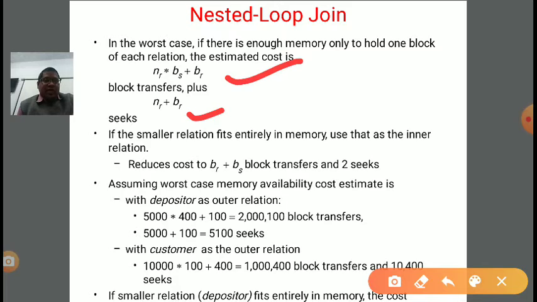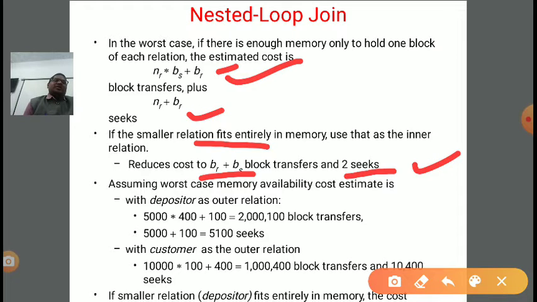You see, n_r will be 1, so it will be b_s plus b_r only, because n_r will be 1 in this case if the small relation fits. And seeks will be only 2. Two seeks are required if the relation fits in the memory properly, right?